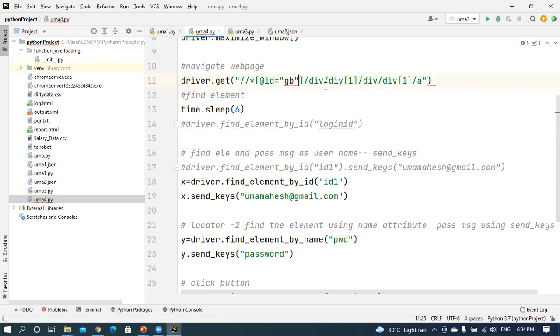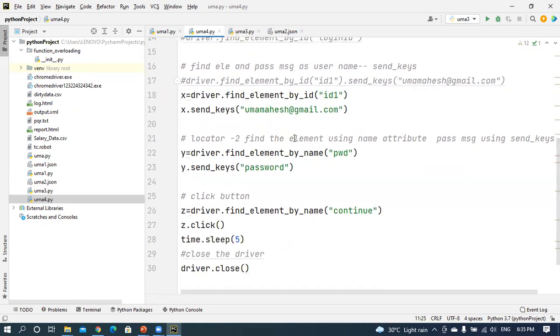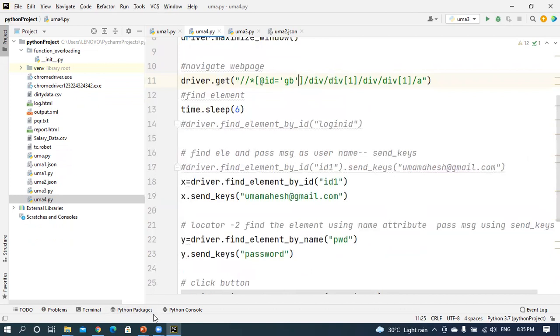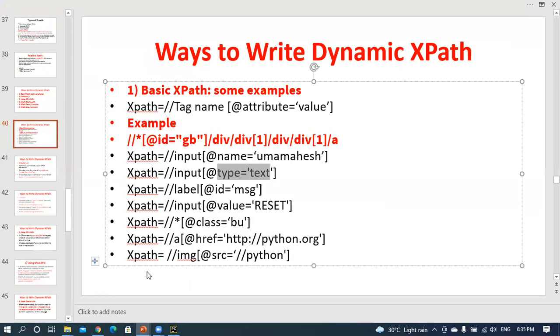In this XPath, always take the values in single quotation marks. Between the double quotation marks, you will use single quotation marks. This is an XPath. After that, you can perform certain operations on this XPath. This is a basic XPath.